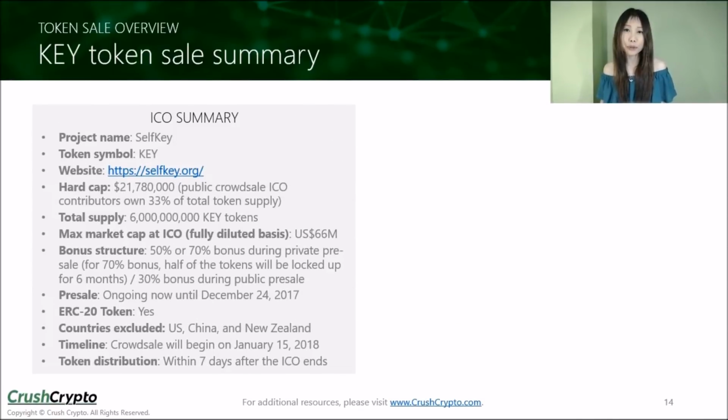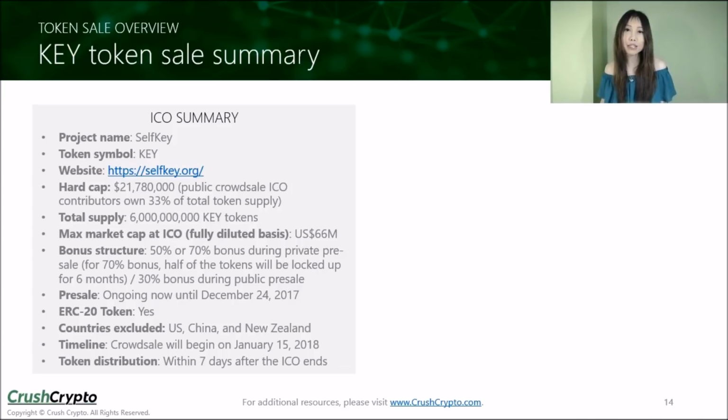SelfKey is raising funds for their project in 3 rounds: a private presale, a public presale, and a public sale. The public presale, which comes with a 30% bonus, is already live and will end on December 24th. The public sale will run from January 15th to February 1st and will have no bonuses. The hard cap for the ICO is just under $22 million, and the maximum market cap on a fully diluted